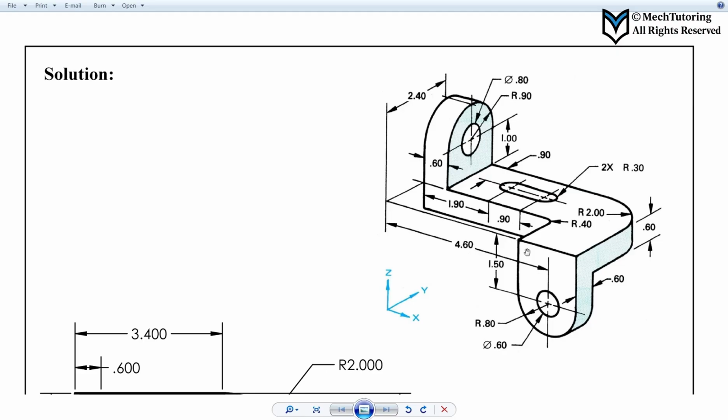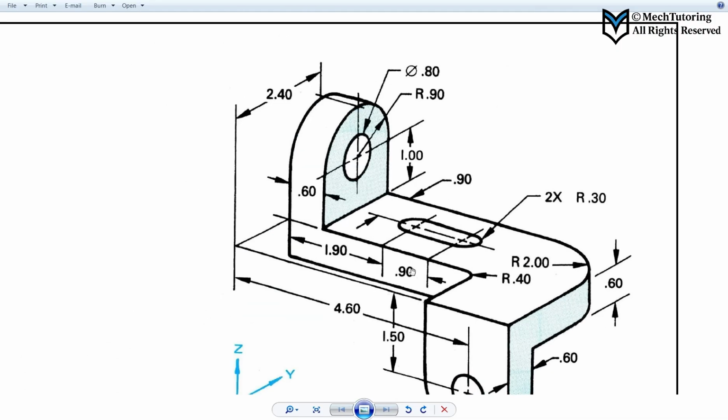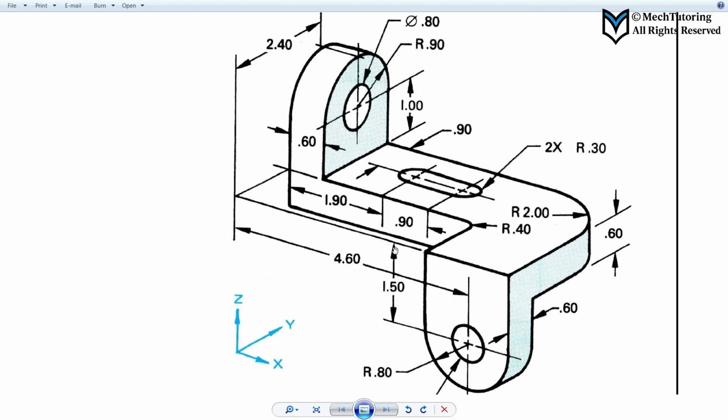Okay, so in the lab manual they have given us this part. As you can see, the dimensions are in inches. How do you know dimensions are in inches? You don't see 0 in front of the decimal, okay, for the smaller dimensions. So the dimensions are in inches, and so in AutoCAD also we're going to keep our units in inches